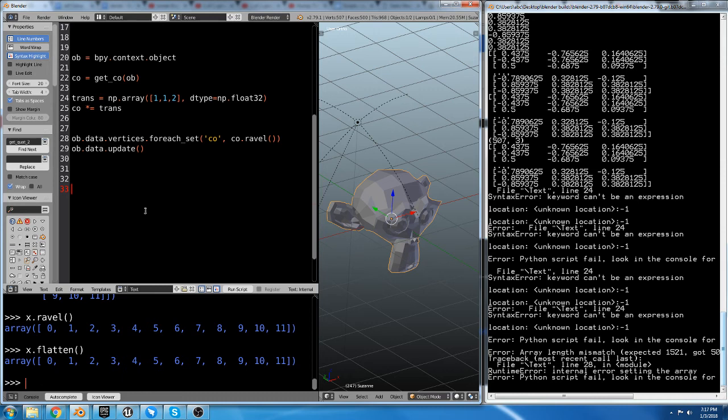So like if, instead of co += trans right here, where I've let Numpy worry about how to add this value to every value in here, I did something like for i in co: i += trans, you're doing the same kind of thing. You're looping through and adding the same value. So the end result is the same,